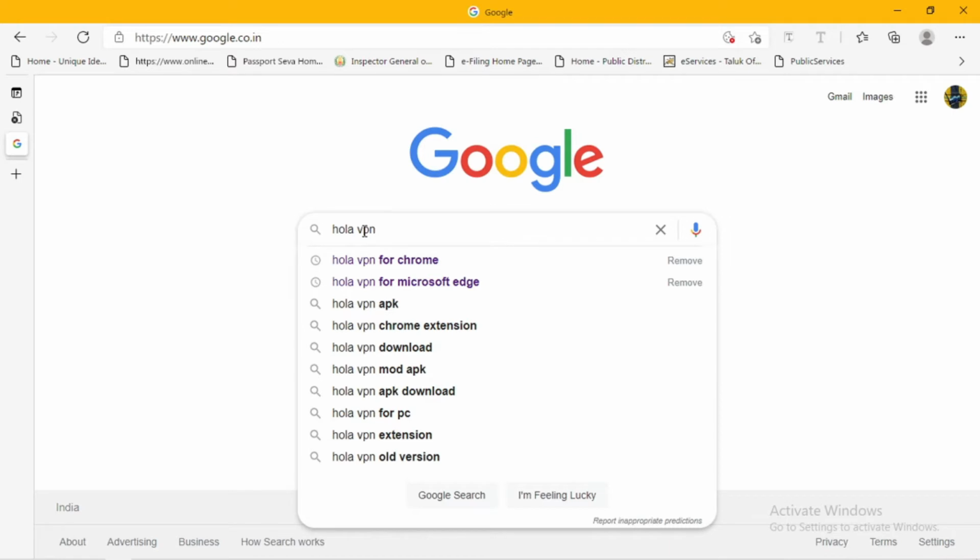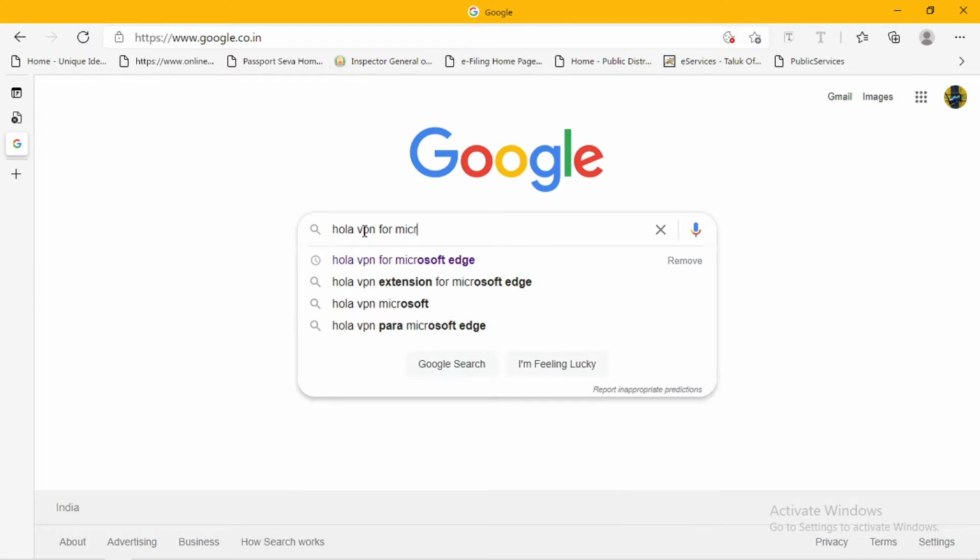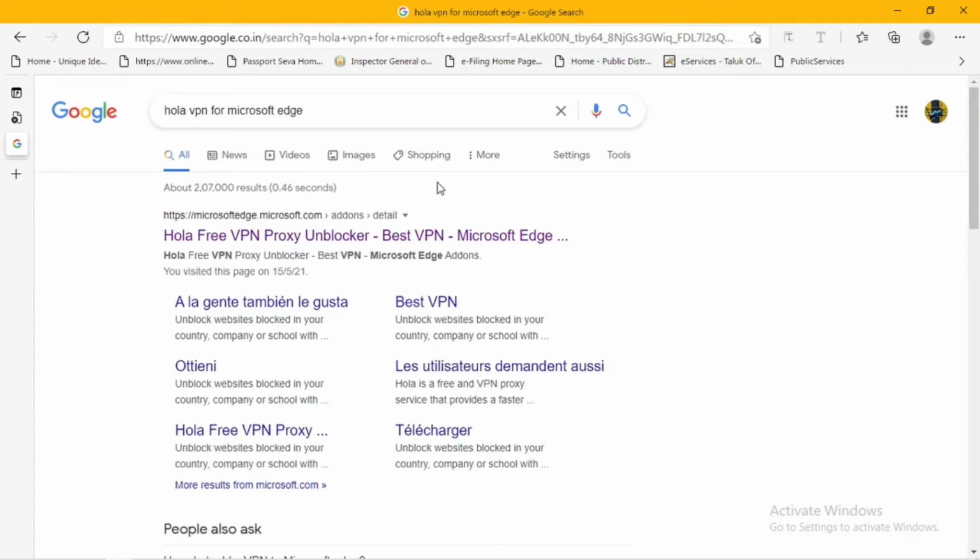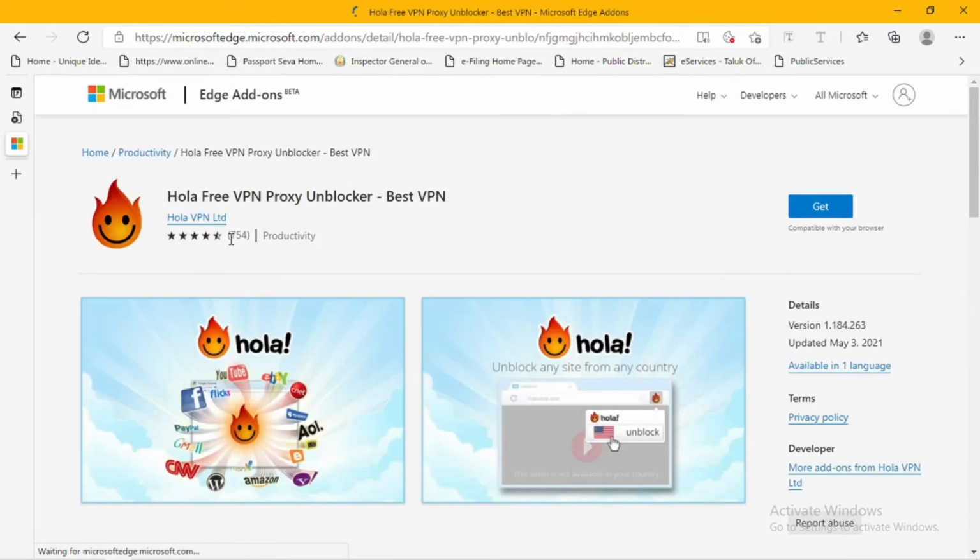Since my browser is Microsoft Edge, depending upon what browser you're using, you're gonna search according to it. In that search list I'm clicking the first option, and it will direct to the site, and you can see it is compatible with my browser, and there is a